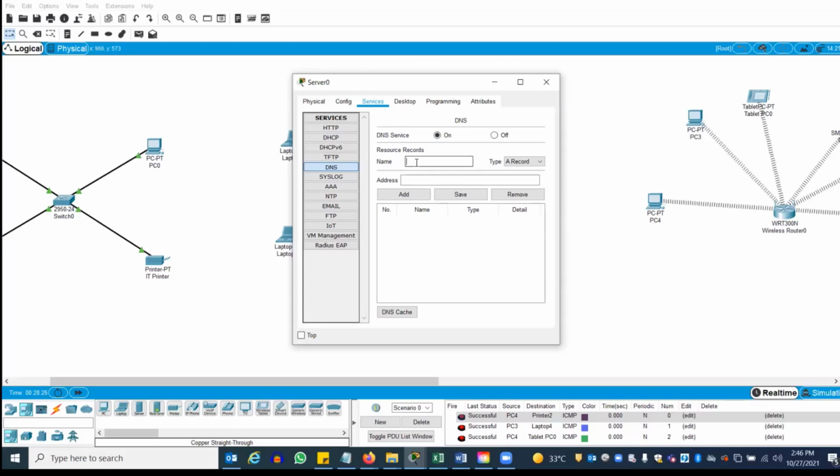I give a name, Cisco. I give an address of the server, 172.16.0.5. If I put cisco.com, it should work. Okay. Let's see if it works.